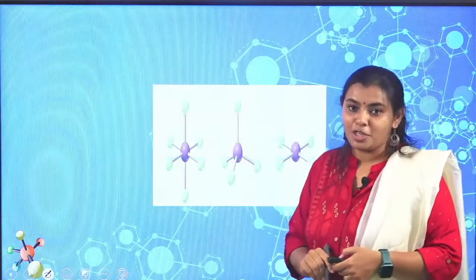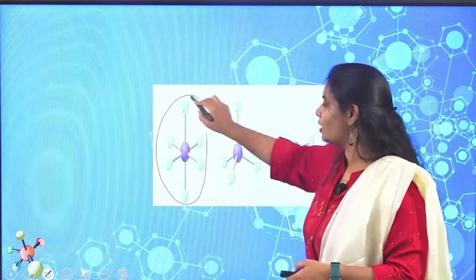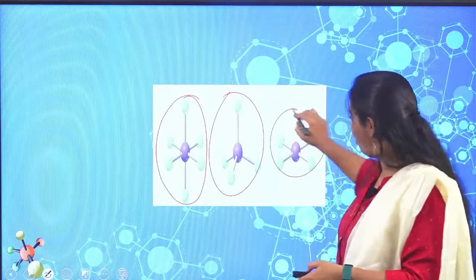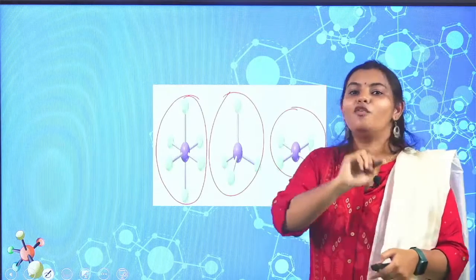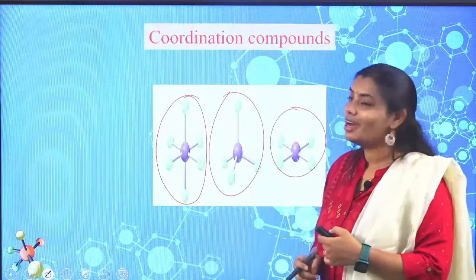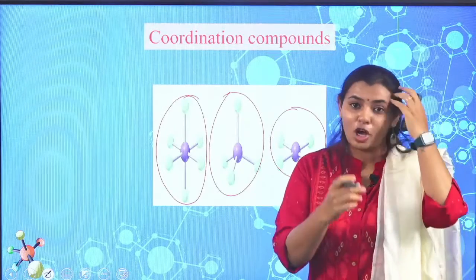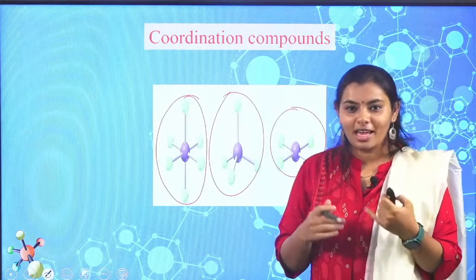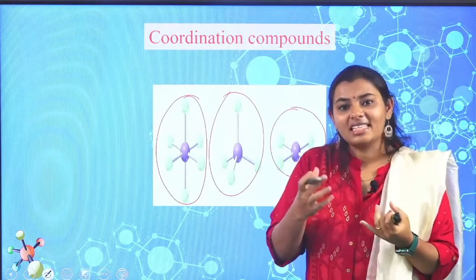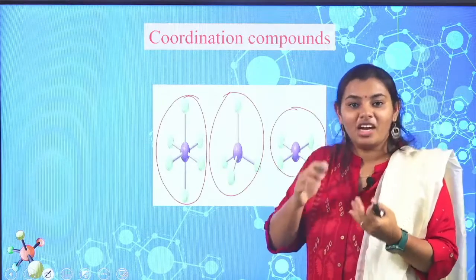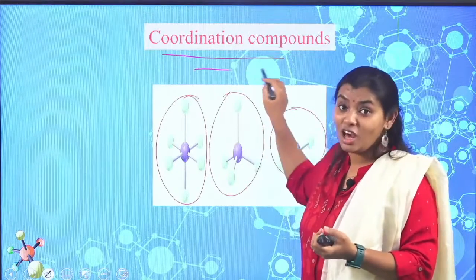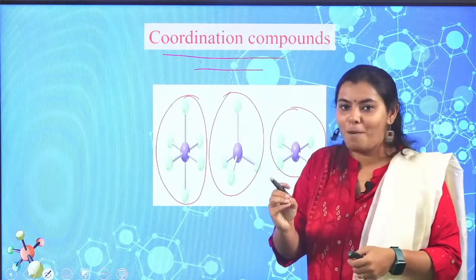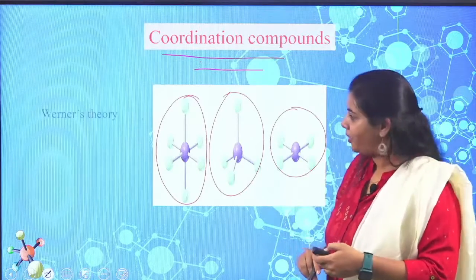Now the next chapter. Here you can see there is an arrangement of molecules, right? Octahedral, tetrahedral, square planar. You can see all of these arrangements. So where exactly do you find these arrangements of molecules? Coordination compounds. This is also your inorganic chemistry topic. Coordination compounds are very important. Usually, there are compounds which have color. Why exactly is the color there in these compounds? That is because of coordination compounds. We will study those here: what gives the color to the compound? All of those we will study here.